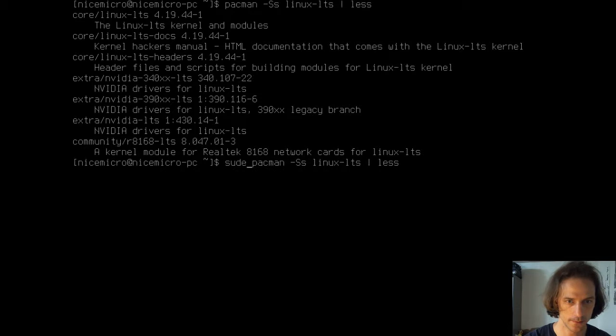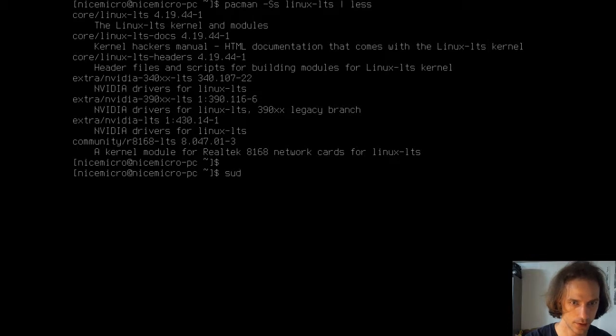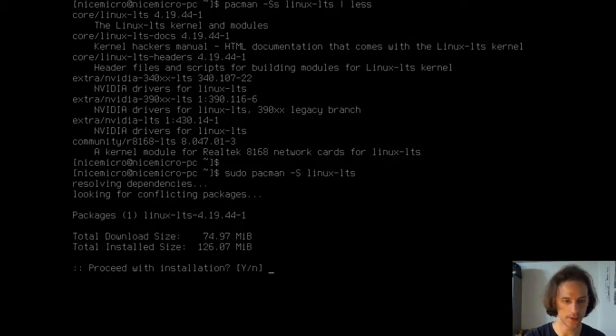And usually people encourage you to download this. So sudo pacman. Oh my god, what happened here? Okay, let's just sudo pacman -S, and I want linux-lts installed on my system. So I type in the package name. I could press space and enter other packages to install. So this will get me the LTS kernel,